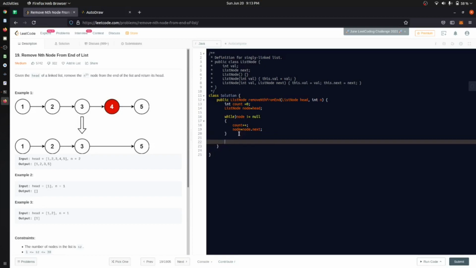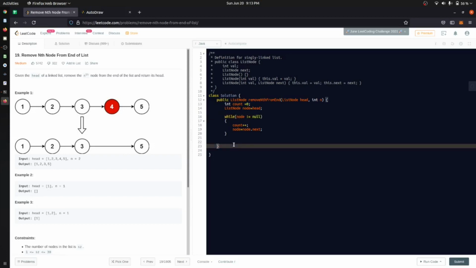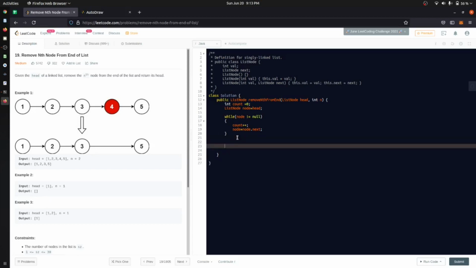Okay, at the end of this while loop, we have counted the number of elements inside the linked list. Now what we have to do is go to the n minus 1th index place. Firstly we have to create a node. So ListNode current or cur